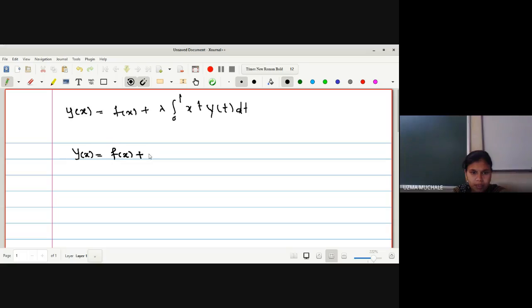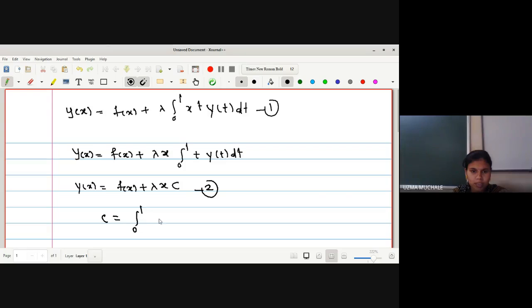f of x plus lambda, the terms of x will take outside the integration. Inside the integration, we'll have only the terms with t, y of t dt. So here we have y of x is equal to f of x plus lambda x times the value of this whole integration, which we can put as some constant c. Let me name this as equation 1. This is equation 2, and c is equal to